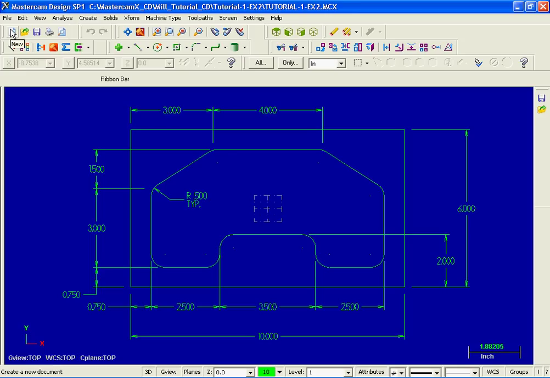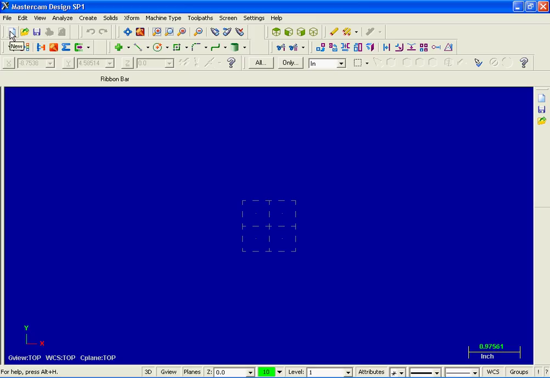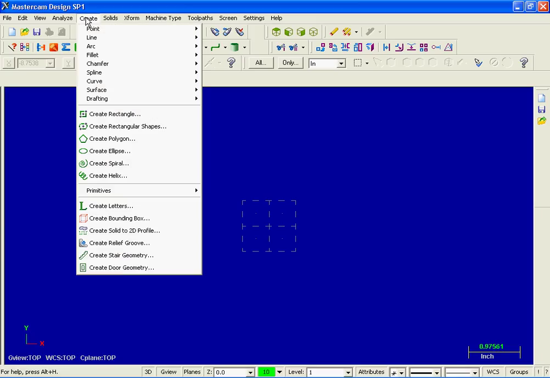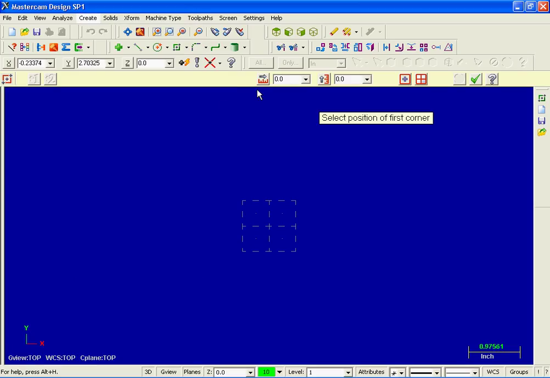Moving up to the top left hand corner of the screen, I'm going to select the icon for New Part. Now the first thing we're going to do is create that rectangle 10 by 6. So I'm going to move into Create and slide on down and select Create Rectangle. Now up on the ribbon bar, I'm going to click in the white space for width and input 10.0, and then I'm going to hit the Tab key on my keyboard, and here we are in the height section, and